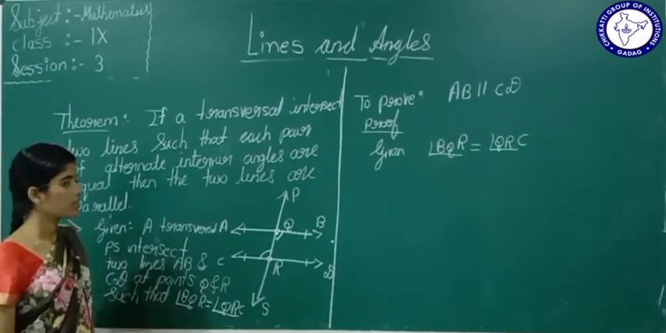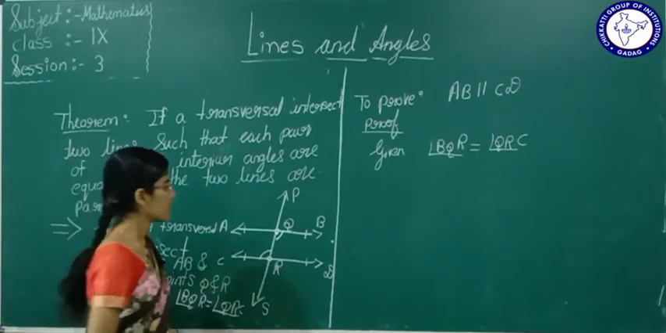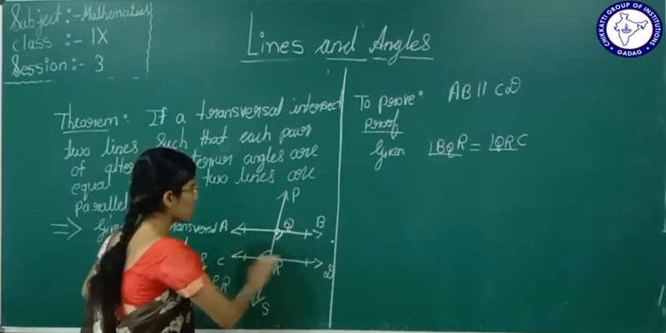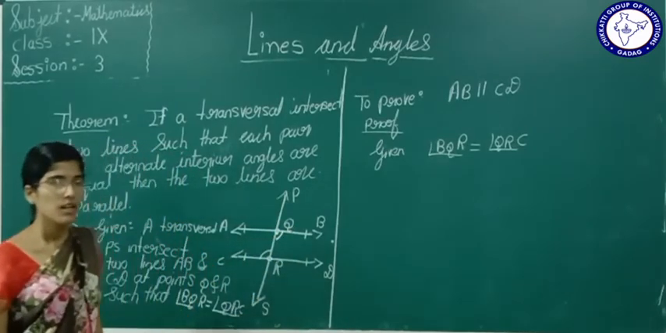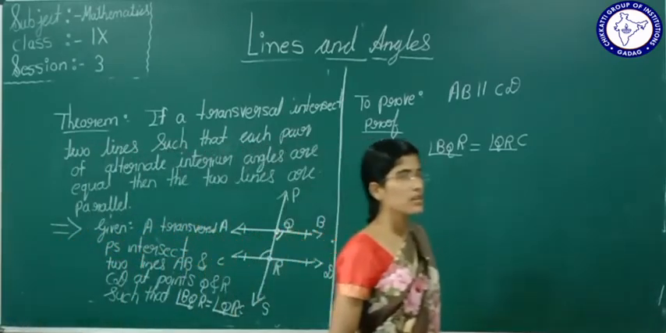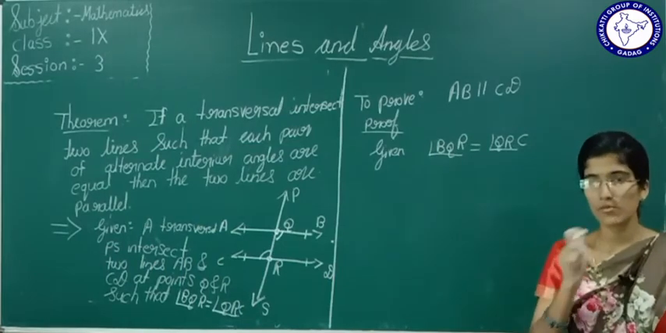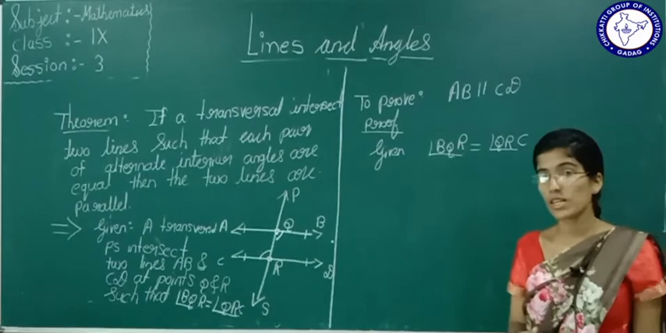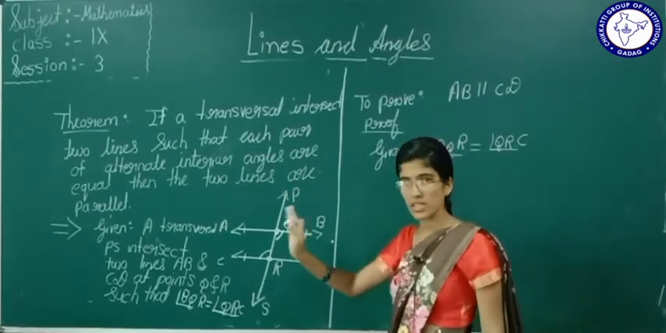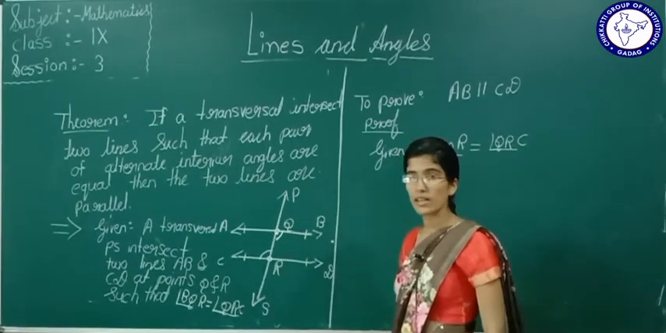Now see here, they are given here, if a transversal intersects two lines, then each pair of corresponding angles are equal. We have seen the axiom, no? Axiom number 2, that is the converse of the corresponding angle axiom. If a transversal intersects two lines, then each pair of corresponding angles are